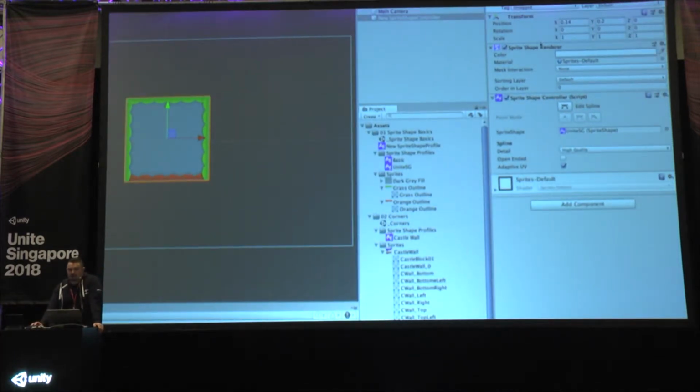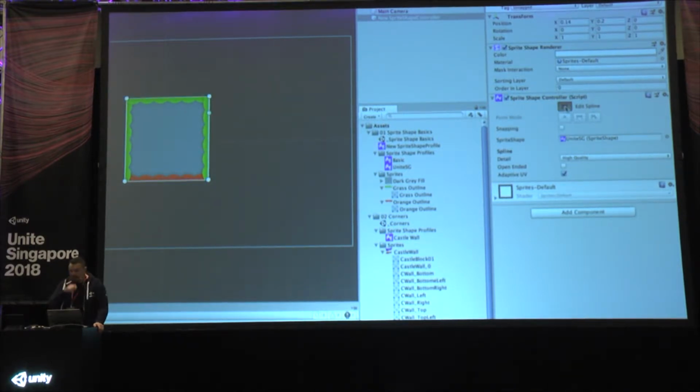We've got a game object with a sprite shape renderer on it. We can change the color tint on that if you want. You can make this interact with masks. So this works with all the masks that you've seen in 2D. And of course, sorting layers, so you can sort it with other renderers. And this is where a lot of the magic happens. Sprite Shape Controller gives you access to